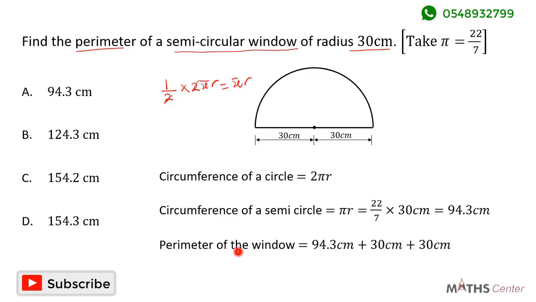So the perimeter of the window, which is the total distance around the window, will be equal to 94.3 centimeters plus 30 centimeters plus 30 centimeters. And this will give us 154.3 centimeters. So the perimeter of the semicircular window is 154.3 centimeters. When we look through the options we have, we can see that the correct option is